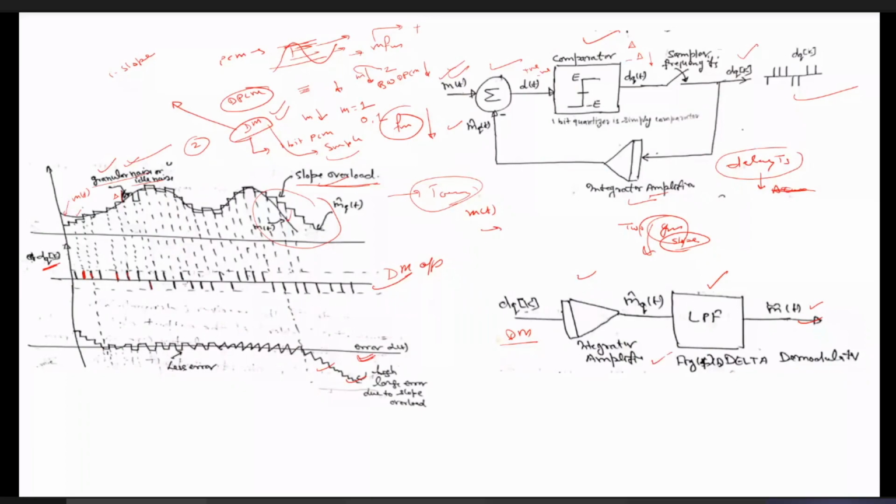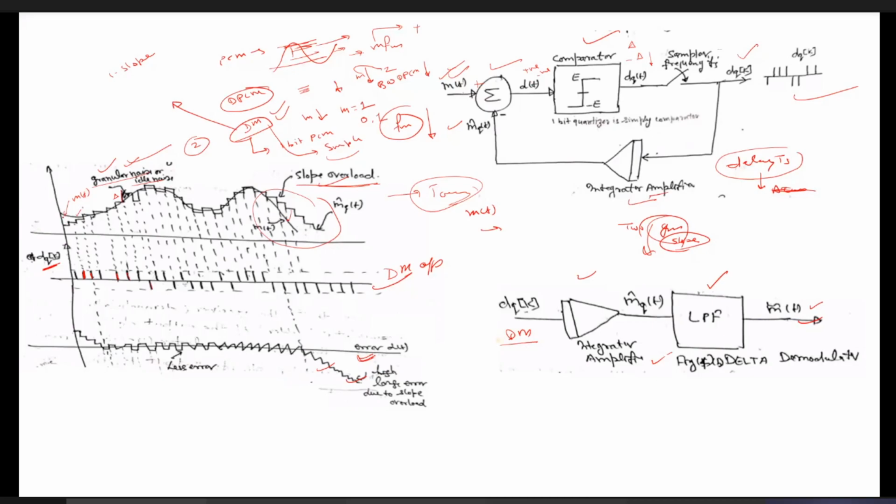Now, the same process I explained with the help of these two block diagrams, we can also understand with the help of this action diagram. This one, the continuous line, is the message signal m(t). And this staircase function is m cap(t), the approximate signal. What happens? This is a comparator, or summer, where one input has a positive sign and another has a negative sign. This m(t) gets compared with this staircase function.